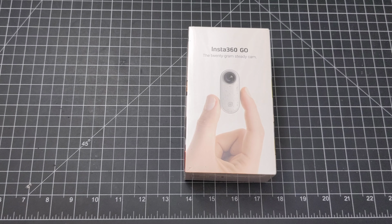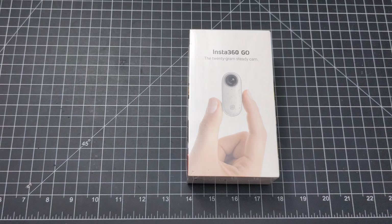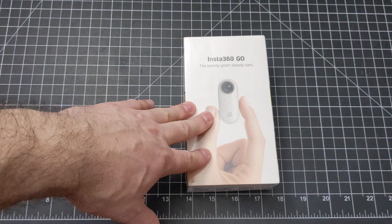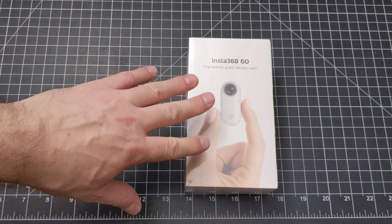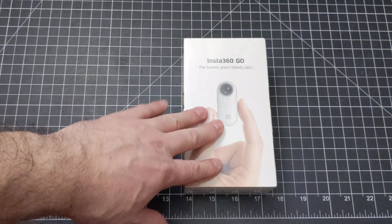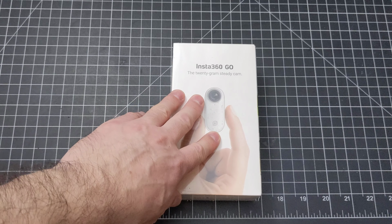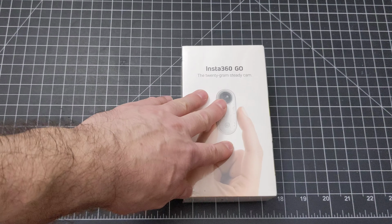Alright, Micromod Dude here again with my new unboxing of my new Insta360 Go action camera. Basically, I'm a little bit behind the curve buying this because, I'll be honest with you, I didn't really know about it much. I think I saw videos of it, but I didn't understand what it did or what it was for. But after looking for an FPV 4K type of camera, I decided to...